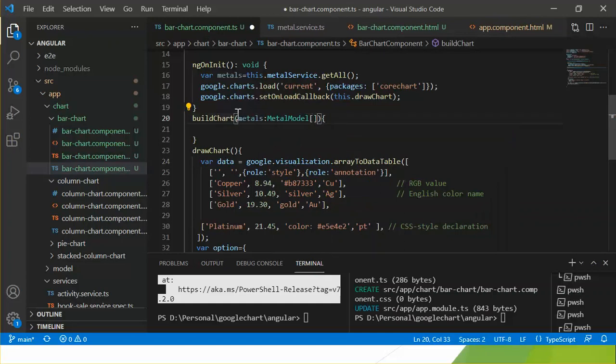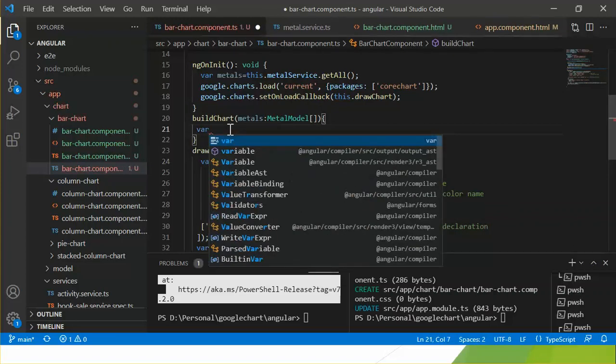So this method can take the array of metals. Inside this method I'm declaring an inline method.